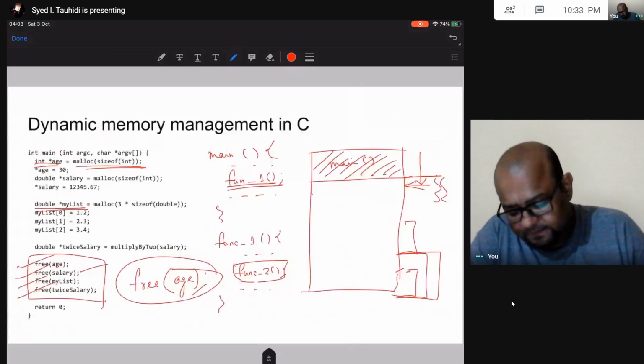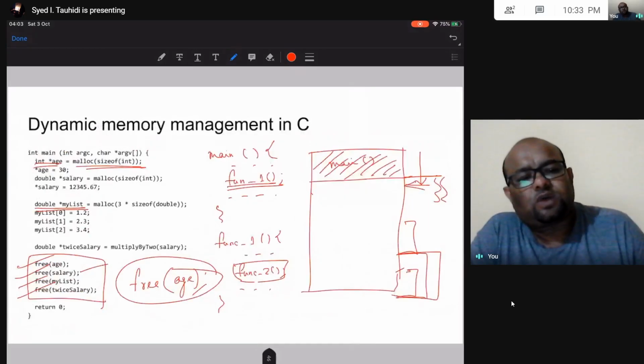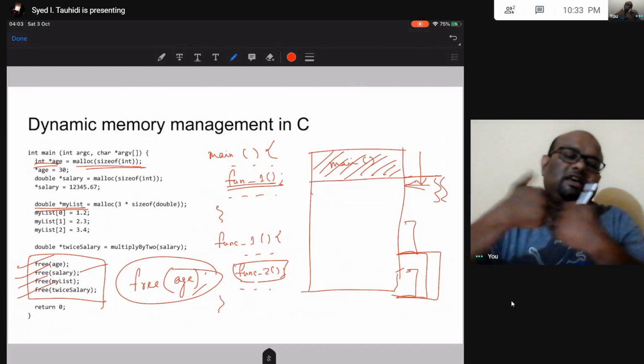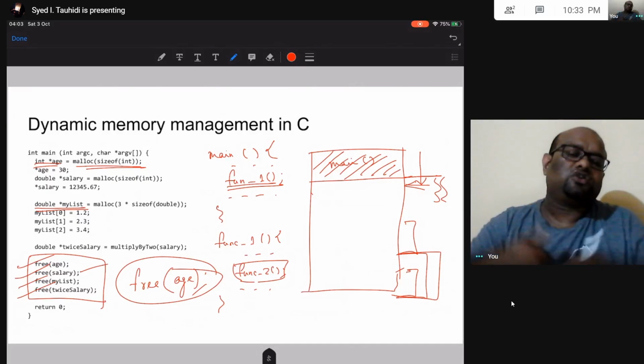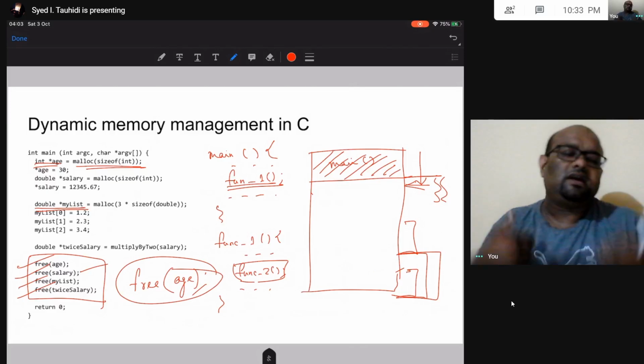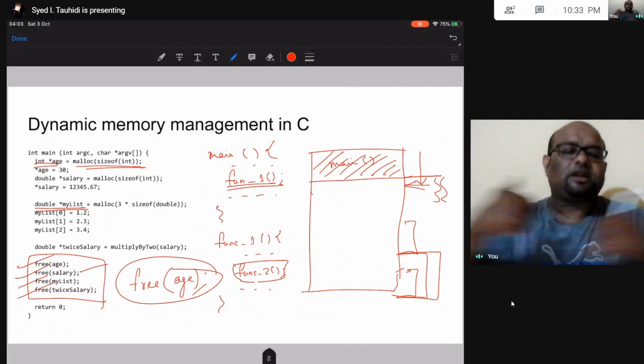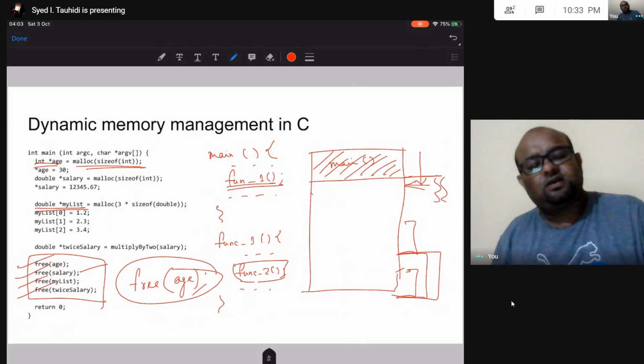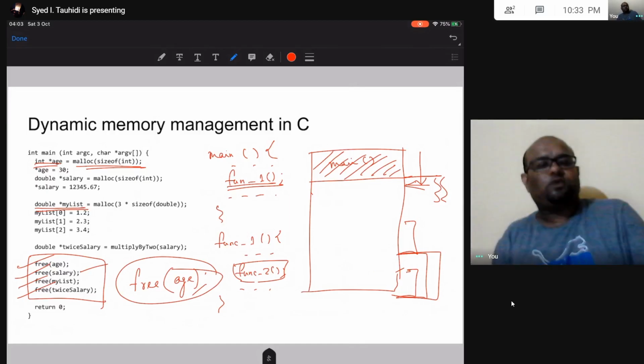Then we talked about this: what will be the problem if we simply keep on allocating memory for data in heap? So heap will fill up pretty quickly, and then heap and stack are going to clash. If they come very near, your stack cannot grow and your heap cannot grow. So ultimately you are going to have an error. For that reason, we need to free up the heap once we are done using it.